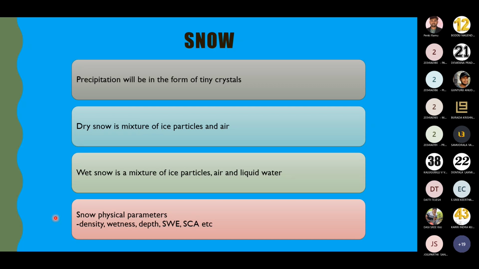Each snow physical parameter offers us a new research problem to work on. One can work on estimation of snow density. One can work on determination of snow wetness. One can work on estimation of snow depth, etc. So this single component of cryosphere, that is snow, itself is presenting so many challenging questions for us. It is very difficult to study all these questions with the limited amount of ground observation stations and data that is available for us at the moment. So we have to rely on remote sensing techniques which offer a wide variety of data and with a huge ground coverage.